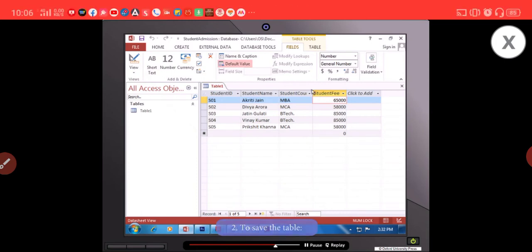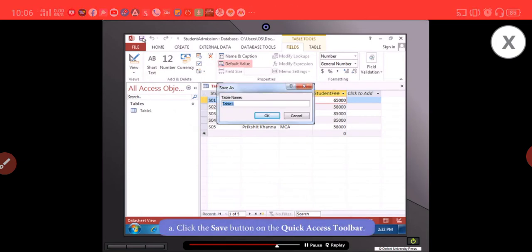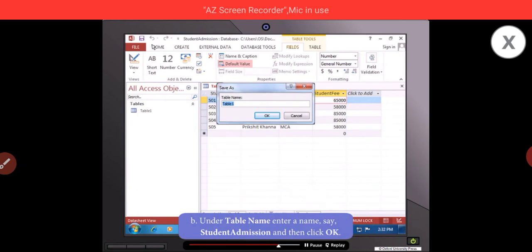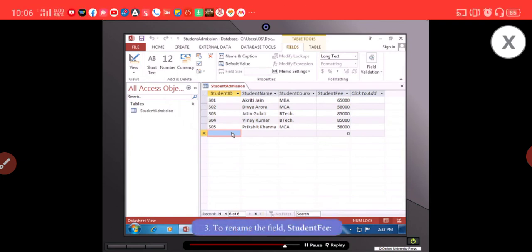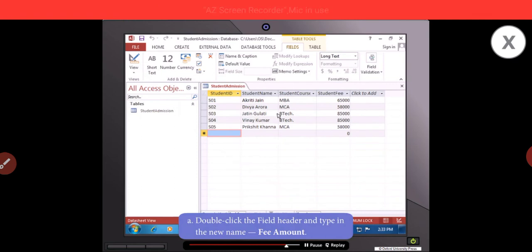Now to save the table, click the Save button on the Quick Access toolbar and enter the table name as Student Admission and click OK. Your table has been created. Now to rename the field Student Fee, double-click in the field header and type in the new name, that is